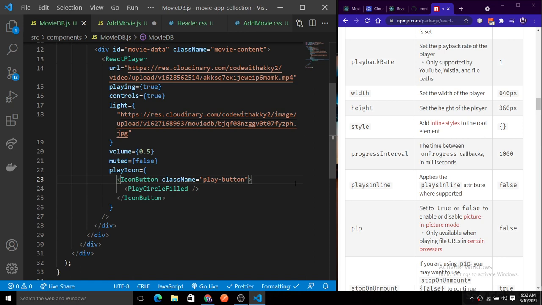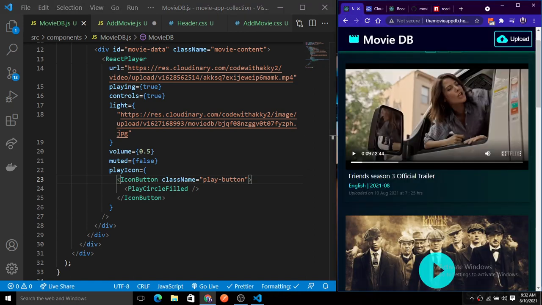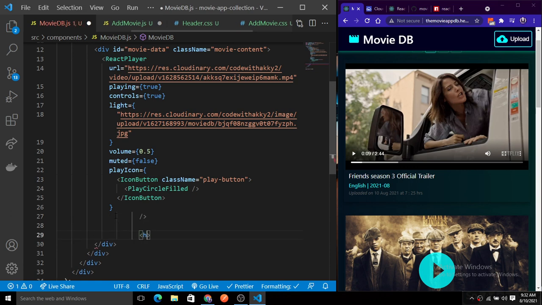Okay, and the next thing, if you see here, we have a movie name, the language, the release date, and the uploaded on, right? So let's add these things also here. Inside of this we have an h3 tag which contains the movie name.